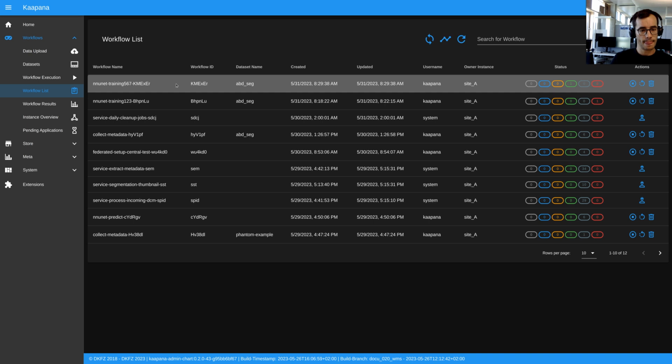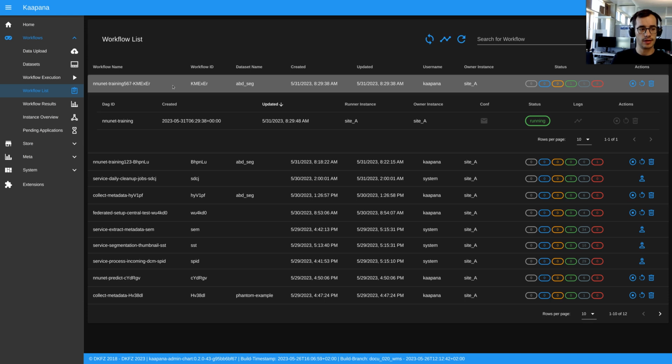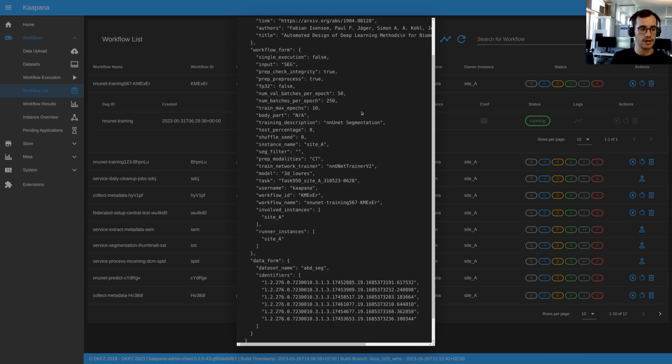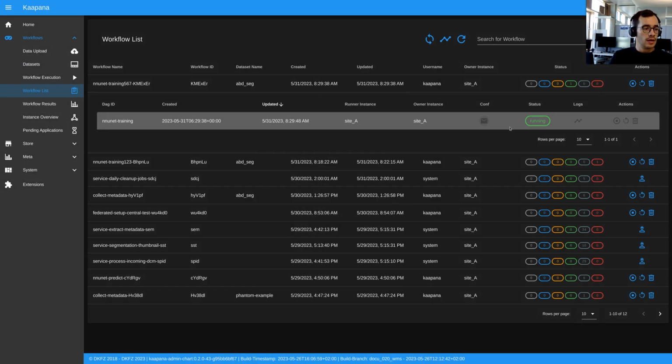When we now click on this workflow, which we just started, it gets expanded and we are presented with the workflow jobs. In this case, the nnU-Net training job was started, again with the time created and updated, a runner instance and owner instance, which is again important for remote and federated workflow execution. And then we have this configuration of the workflow, where we can have some further insights. Furthermore, we're also presented with the current status of the job, which is in this case currently running. And then in this logs column,